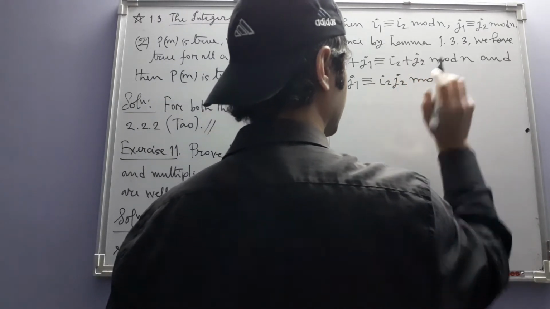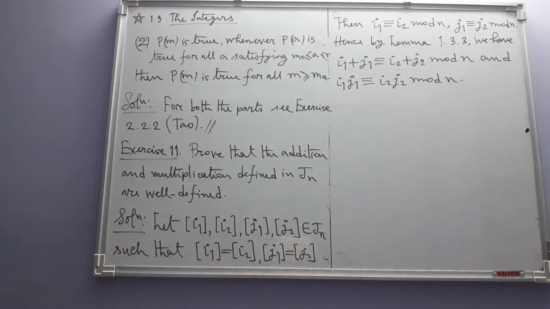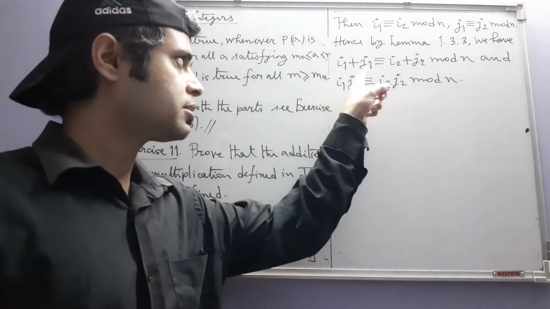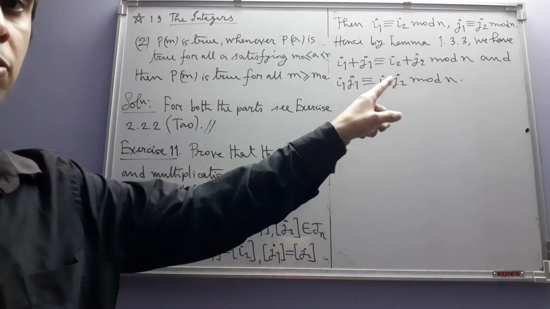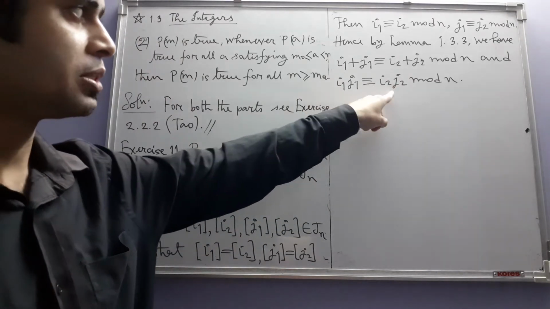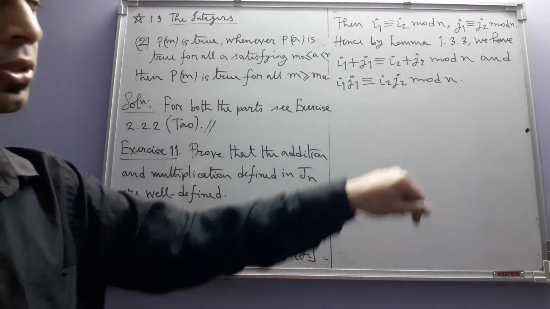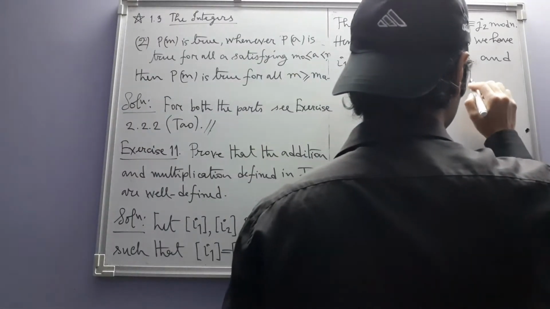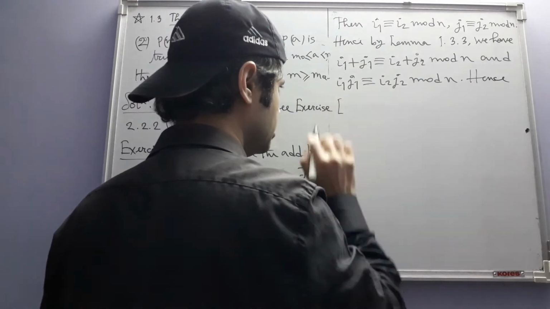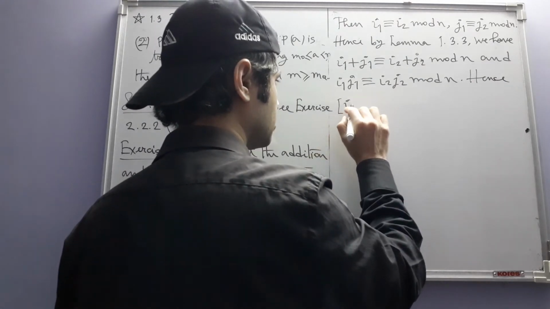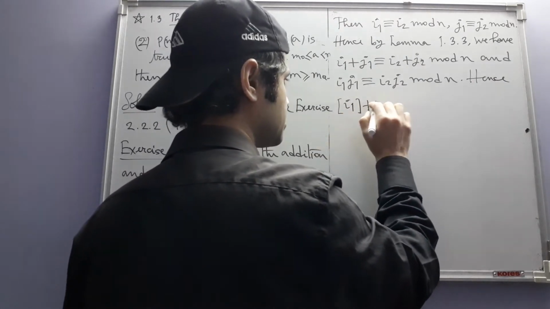mod n. Okay, so this means that I1 plus J1 and I2 plus J2 belong to the same congruence class modulo n, and the same is the case with I1 J1 and I2 J2. Hence, this congruence class I1 plus J1,